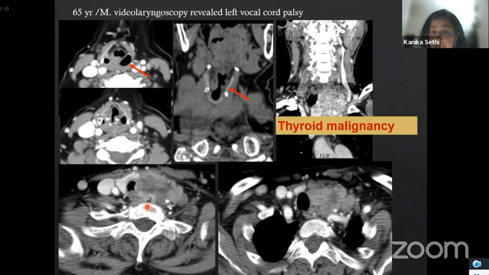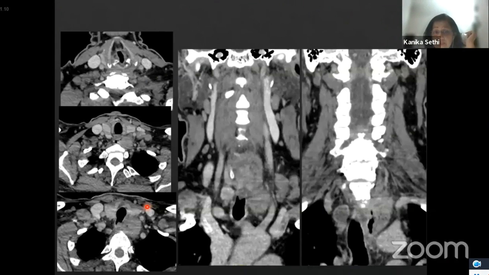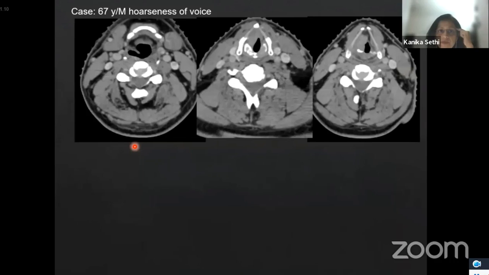That's a malignant thyroid lesion. What is important is that if a thyroid lesion comes with palsy, it is mostly malignant. Hoarseness in thyroid disease is mostly associated with malignancies. The colloid nodules or the benign lesions usually do not cause palsy. You can have carcinoma esophagus lesions with nodes in the tracheoesophageal groove, which can cause palsy.